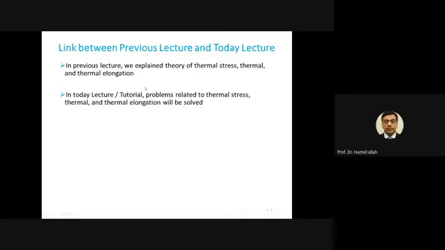In real life, we need a spring. In real life, we need a shaft. When a shaft is subjected to external load, what could be the stress? What could be the strain that can be determined in the shaft? This is very important. You may know all the theory, everything related to theory. But the problem is when you sit down to solve a real-life problem, you don't know how to start or how to solve. This is not good.